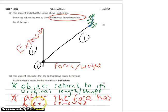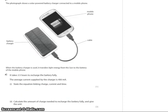Now, with an elastic band, if you were to apply a large force to the elastic band, it would be permanently deformed. So, although we call them elastic bands, they're not elastic. They show plastic behaviour, where essentially they're